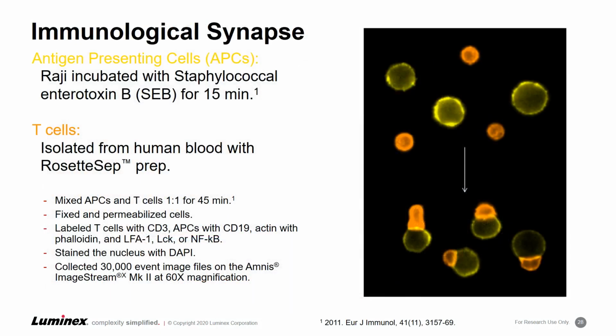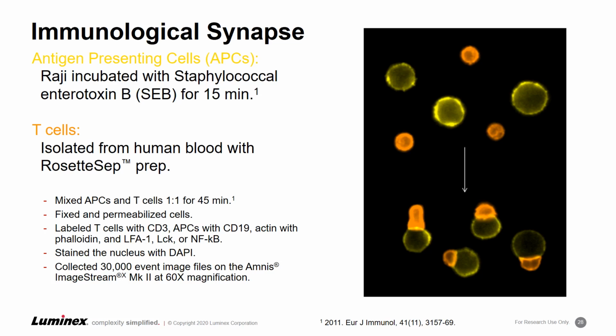So for the ImageStream experiments, it's pretty similar to what we did for the flow site experiments. We took Raji cells and incubated them with SEB for 15 minutes. The T cells were isolated from human blood using a rosette set prep, and then mixed the APCs and T cells together at a 1-to-1 ratio for 45 minutes, then fixed and permed